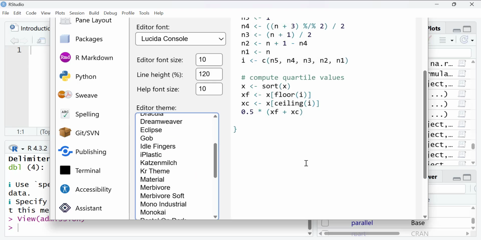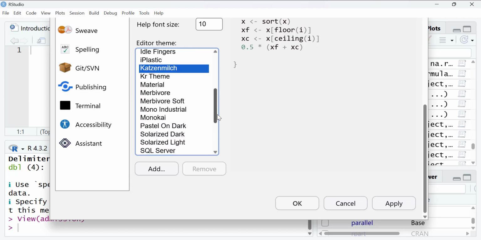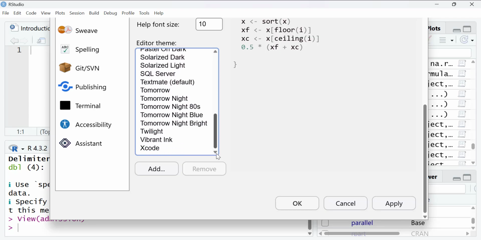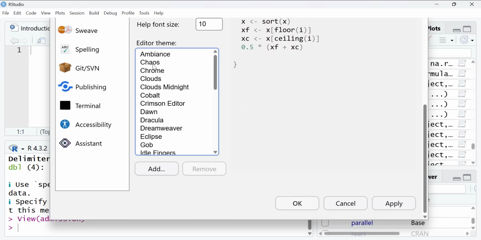A lot of different environments or editor themes are available. So I'm gonna just stick with the default one. Yeah, Chrome, right? That's the default. And then apply. See, once you apply,